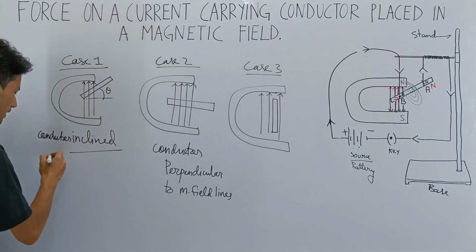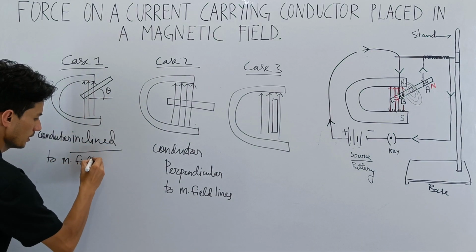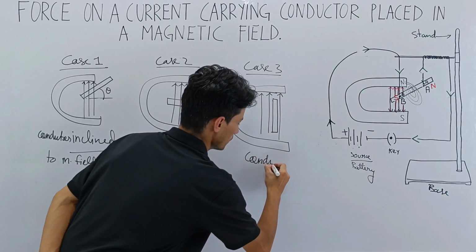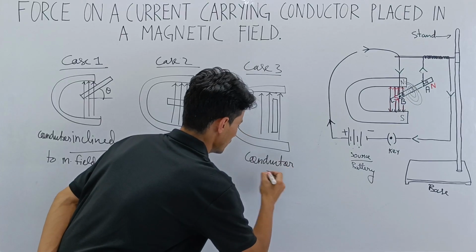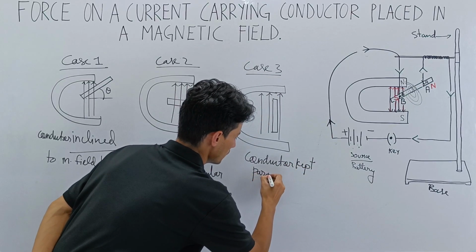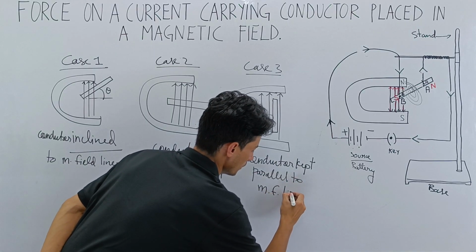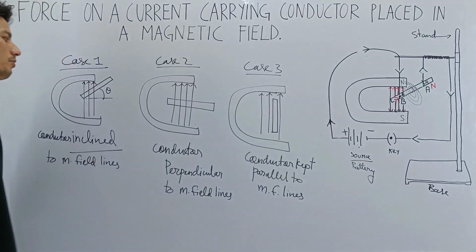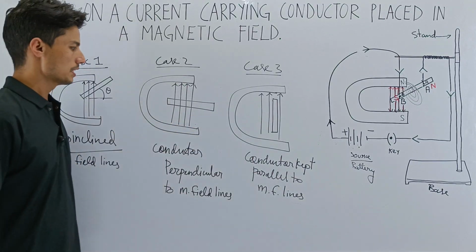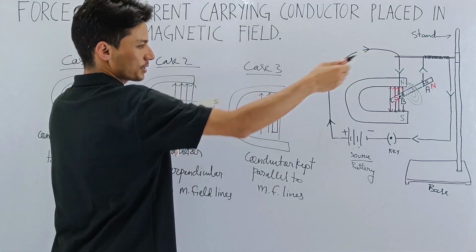This is the conductor inclined to the magnetic field lines, and here the conductor is kept parallel to the magnetic field lines. Now, of these three cases, the maximum force, the maximum deflection, that means, okay, like this, maximum deflection,